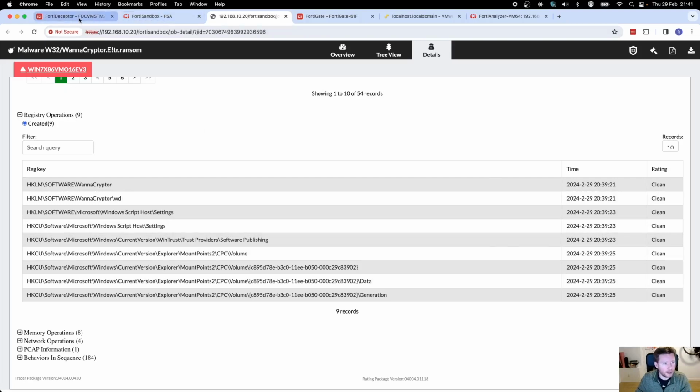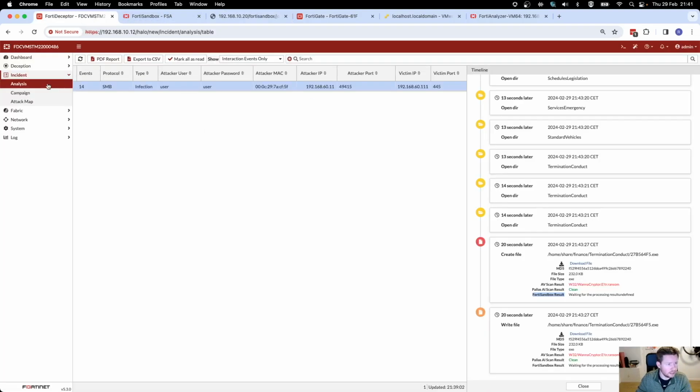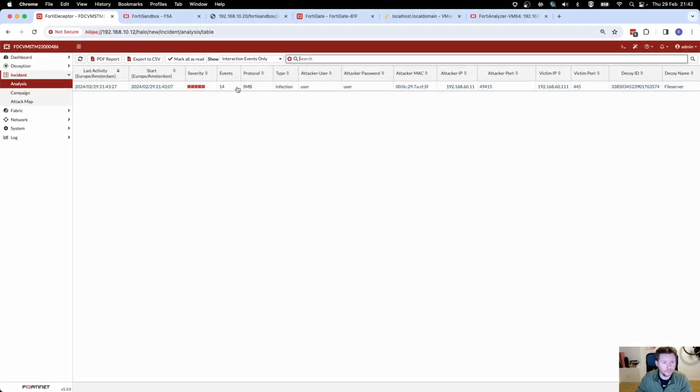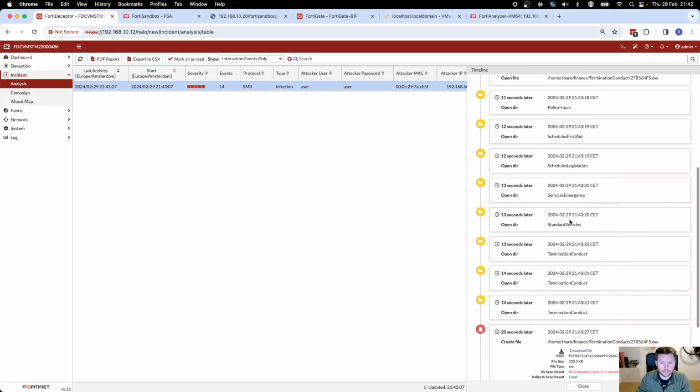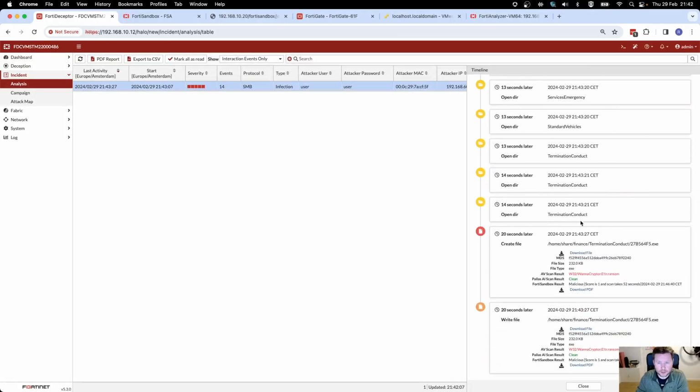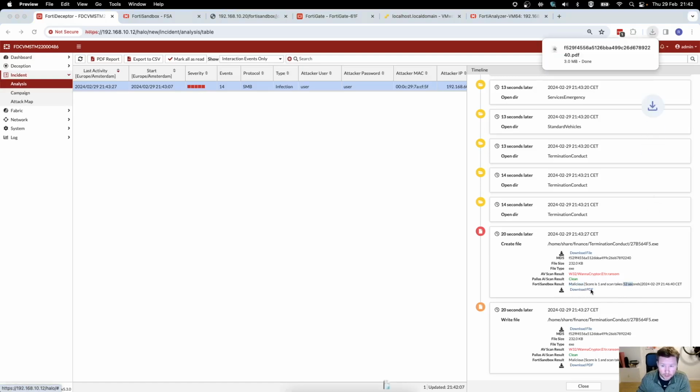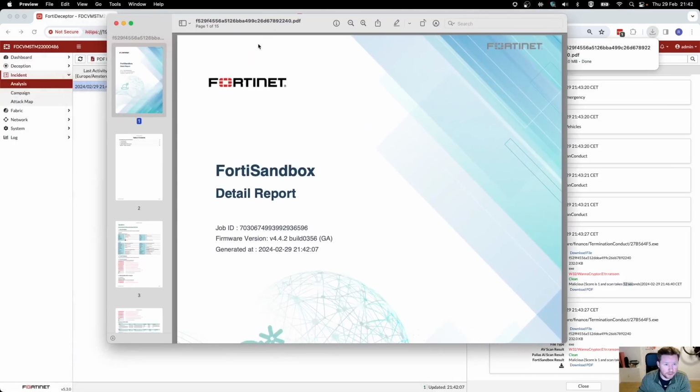Now let's move back to FortiDeceptor and see what FortiDeceptor has received back from the sandbox. So as you can see here, by now the FortiSandbox result is in, and the diagnosis is this is in fact malicious. And it's taken less than a minute to figure that out and have the full picture of exactly what it does. I can download a PDF, and if I drag the PDF into the screen, you can see